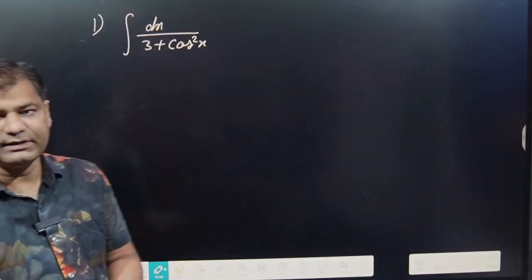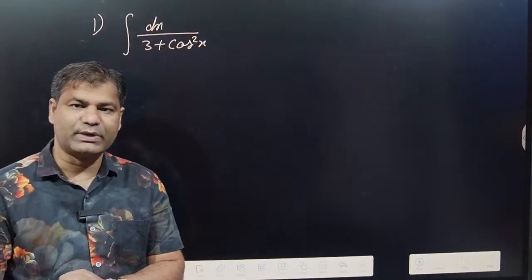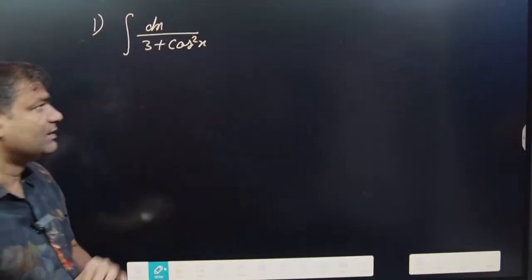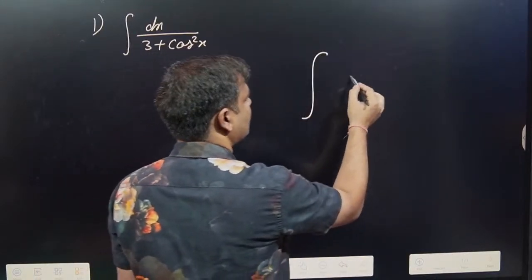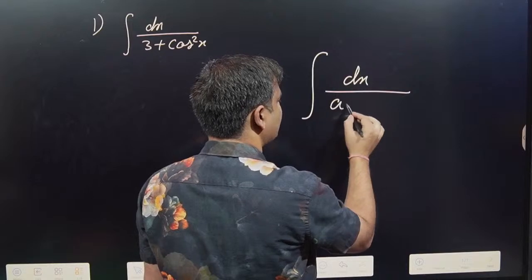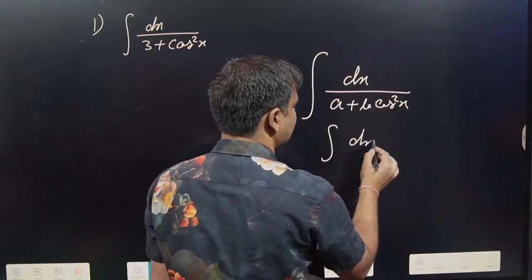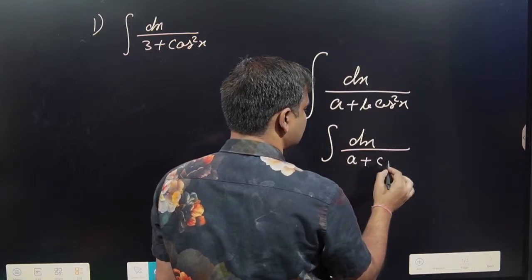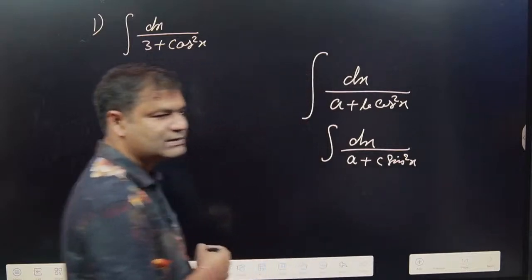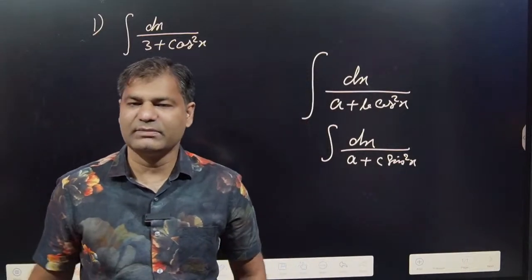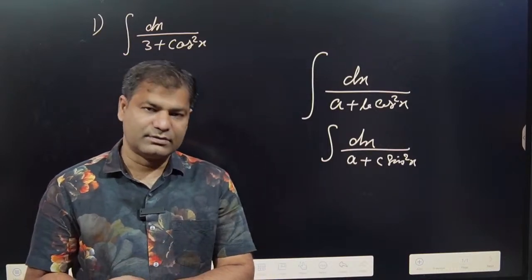Now yesterday's class is continued. The question is the integration of dx divided by 3 plus cos square x. Then how can we do it? I have already said, in the denominator, simply dx divided by a plus b cos square x or sin square x. Suppose dx divided by a plus c sin square x, or a plus b sin x cos x is given, then always prefer to divide numerator and denominator by